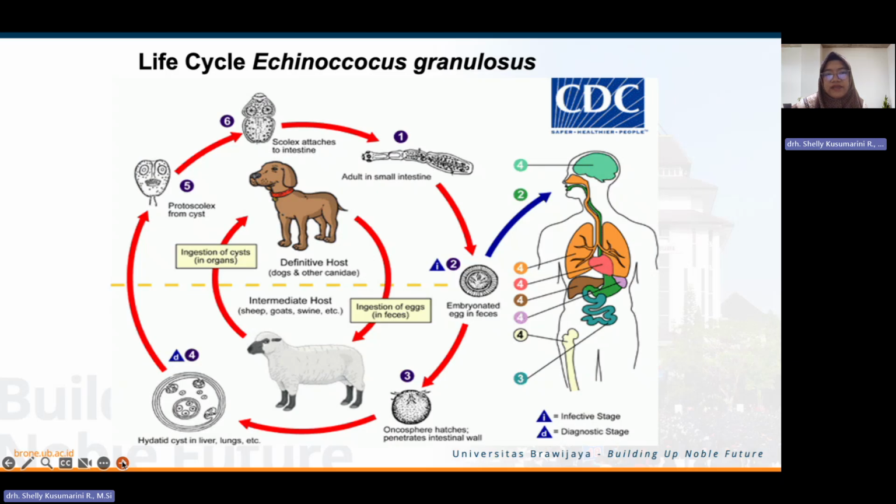And then this is the life cycle of Echinococcus granulosus. You can see these are the embryonated eggs in the feces after the gravid proglottid is released in the environment. And then next, it becomes an oncosphere that has penetrated the intestinal wall, and then the oncosphere can develop into the hydatid cyst and protoscolex